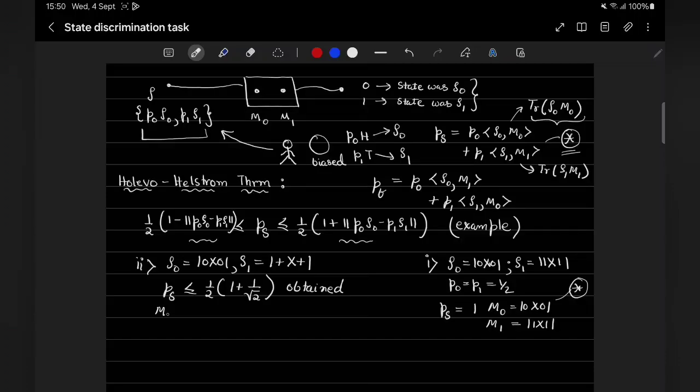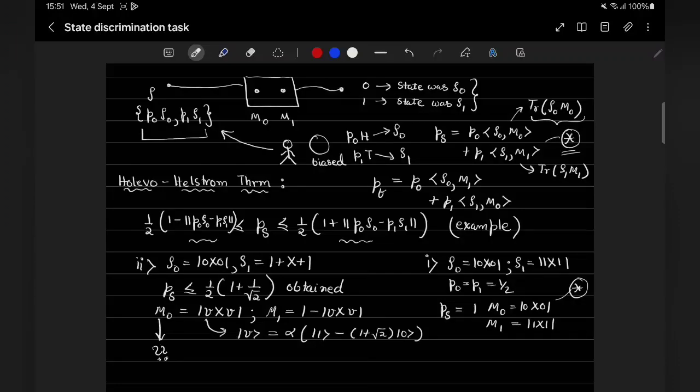This upper bound is obtained for M0 equal to a particular state VV, and M1 equal to identity minus VV, because these are anyway POVMs. So M0 plus M1 is identity. And what is this state V? The state V is of this form. It is some normalization alpha times 1 minus 1 plus square root 2 0. So the question is, how did I get this state? This question will be addressed when we look at the proof of the Holevo-Helstrom